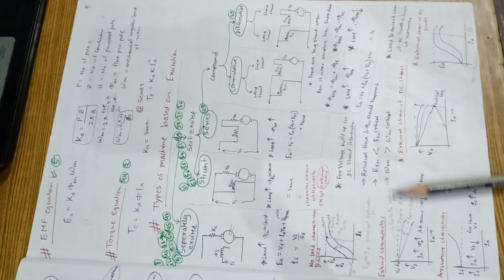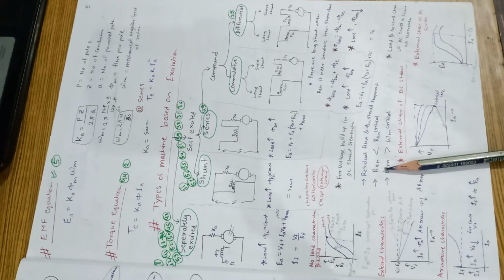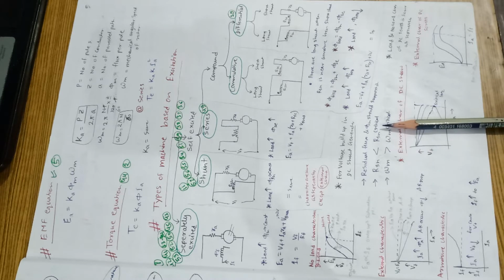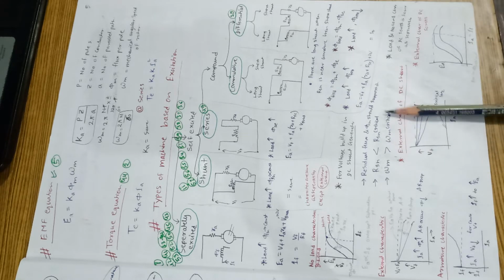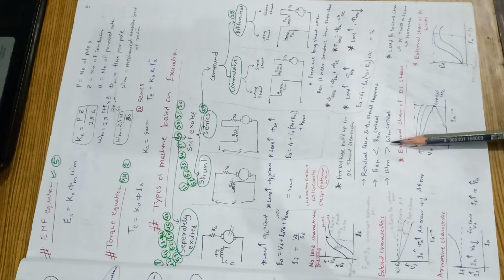Residual flux should be in the same direction as the field flux direction. For voltage build up in a DC shunt generator, the shunt resistance should be less than the critical shunt resistance, and the mechanical speed should be greater than the